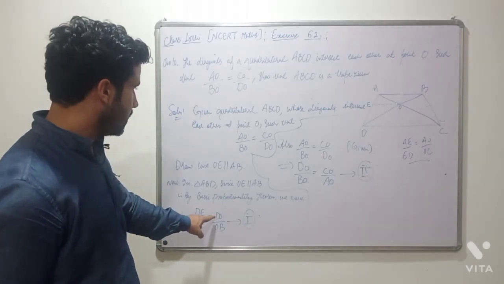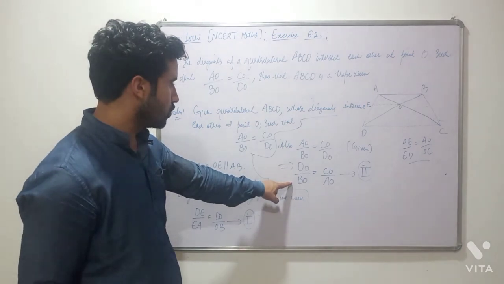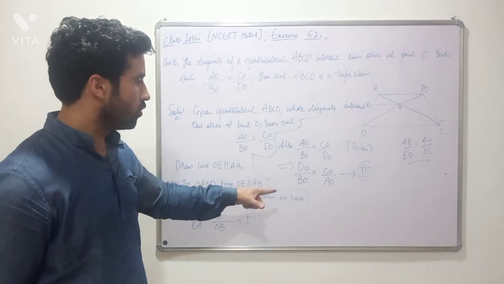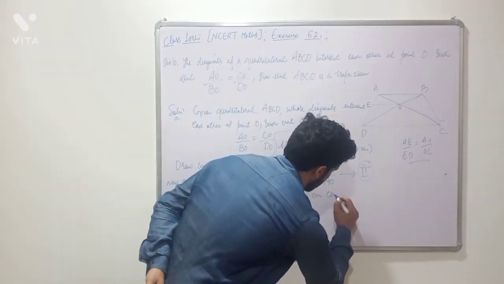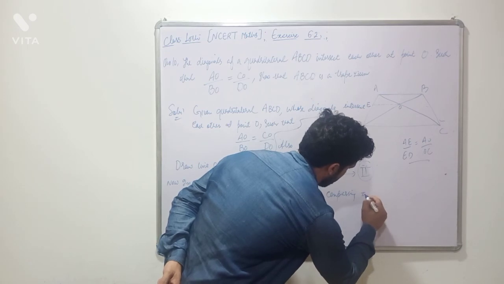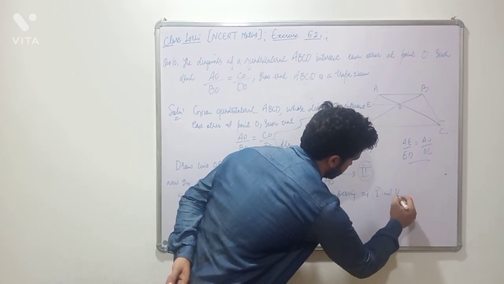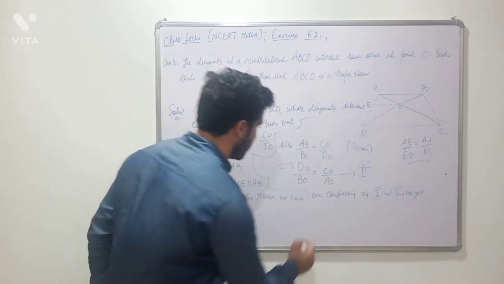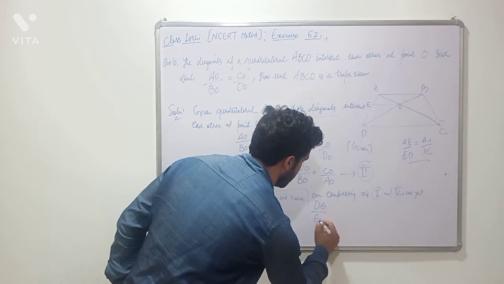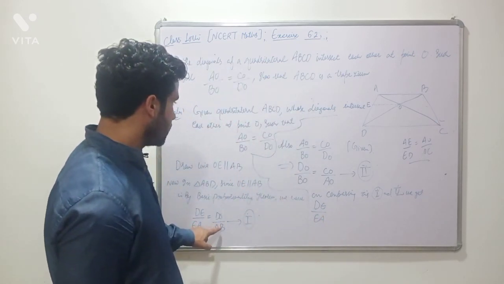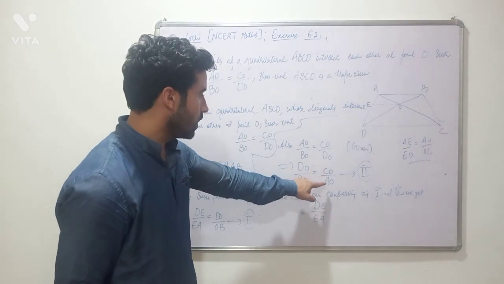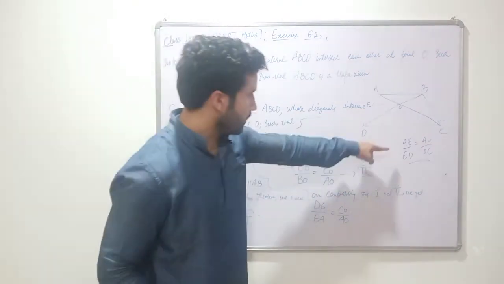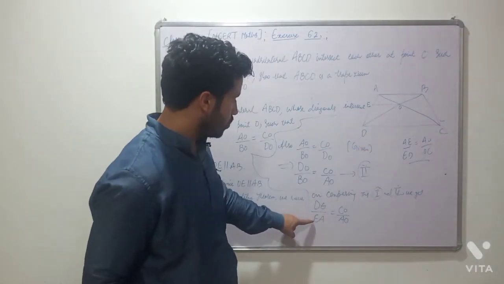जरा देखिए, so here it is DO over OB, so it is DO over OB, so we may say that the ratio is common, so use this common ratio, so we may write here on comparing equations first and second, we get, क्या मिलेगा? देखिए यहाँ पर आपको मिलेगा DE over EA, this is equal to this, and this ratio is equal to what, CO over AO. ठीक है ना, जरा देखिए आपको मिल रहा है, I need AE over ED, so इसको रेसिप्रोकल करेंगे,